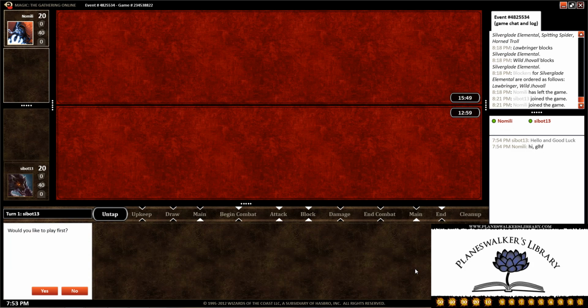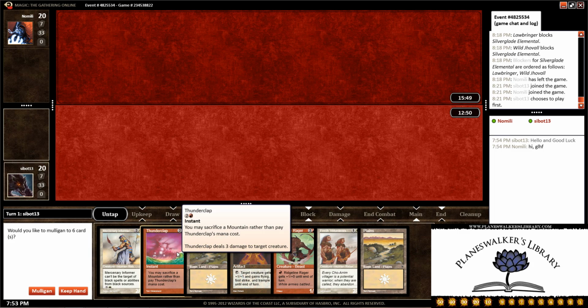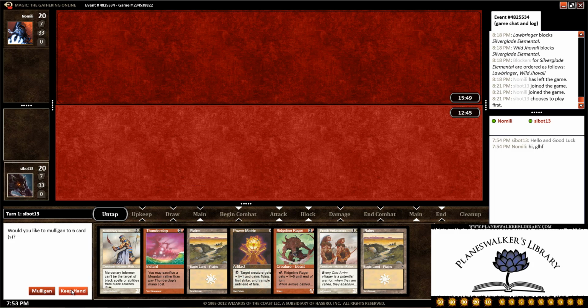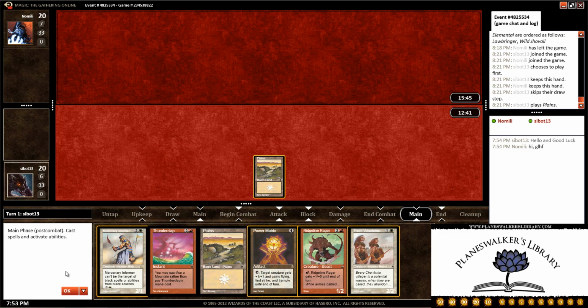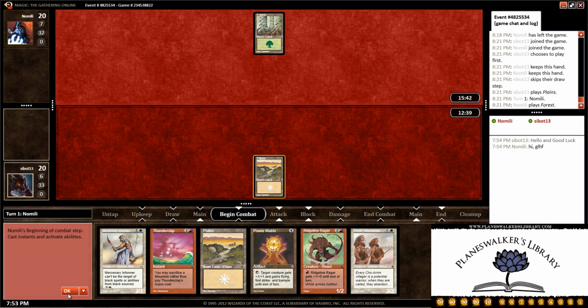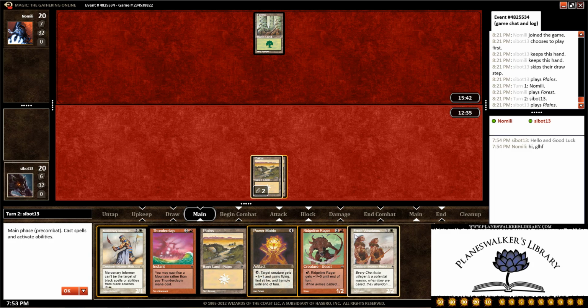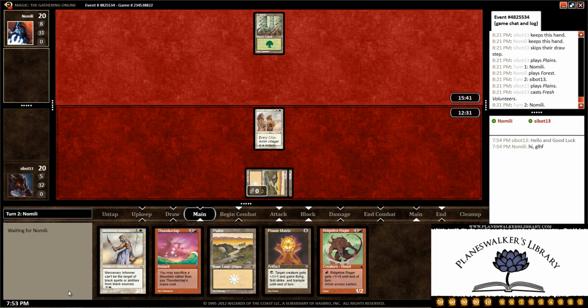Submit that. And yes, we would like to play first. This hand looks kind of sketchy. We do have a 2-drop. If we draw a land, preferably a mountain, we're in good shape. Yeah, let's go ahead and keep, and play a plains and pass the turn. And we draw another plains, which is pretty good for us. Let's play out the volunteer, pass the turn back,